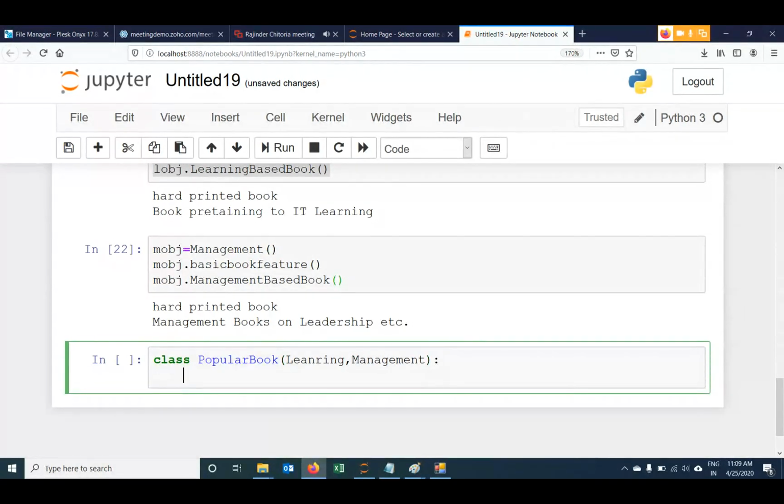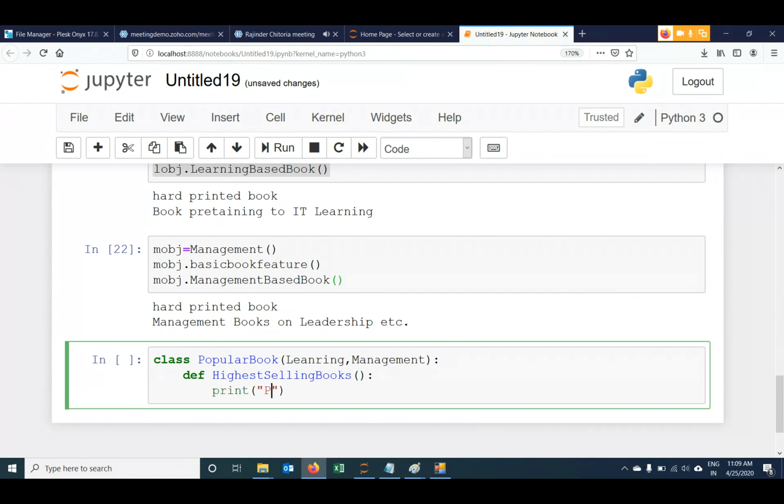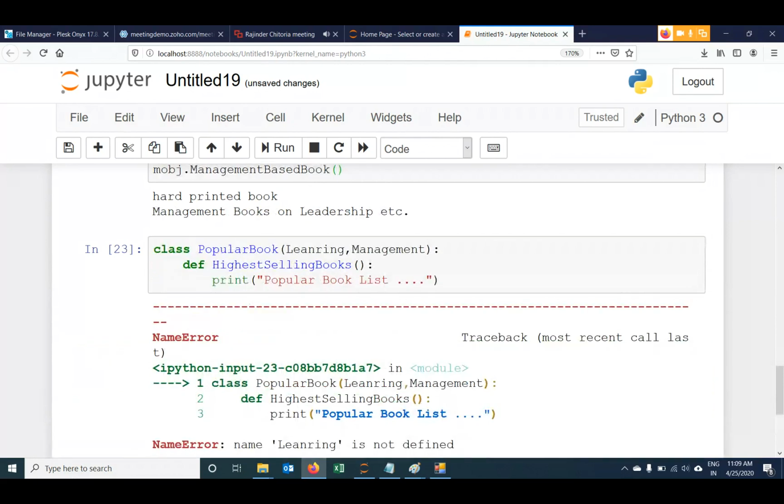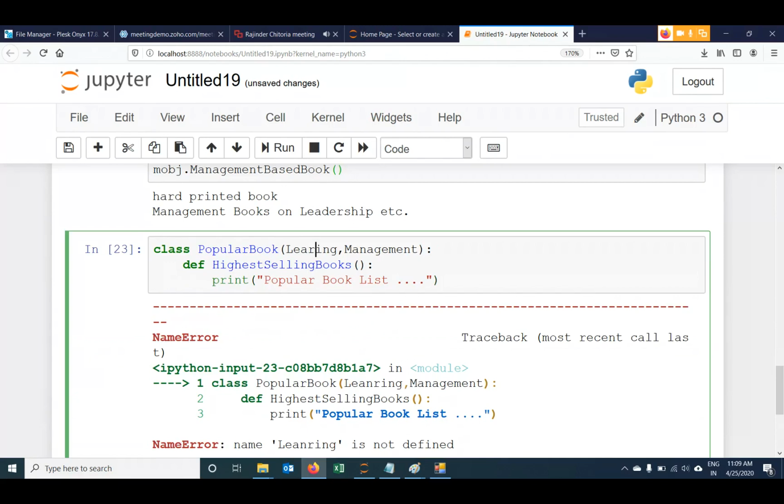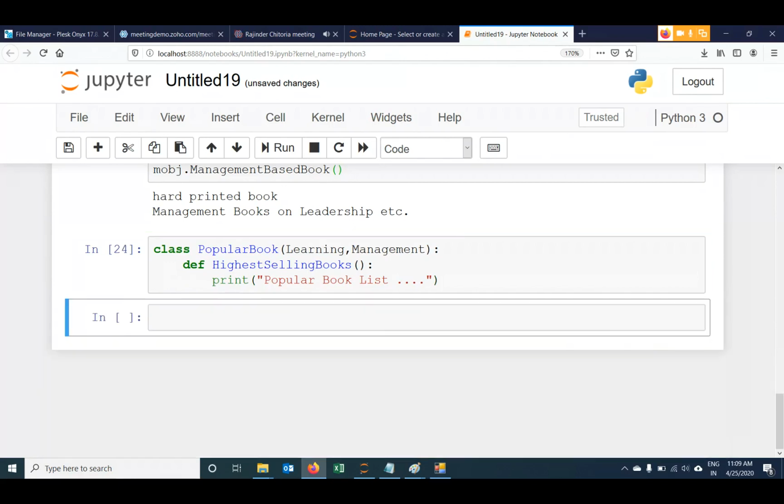You make sure you have the spelling correct. So I create one more function here, say highest selling books. Popular book list. Okay, I made a mistake. See. So if I create an instance of this class, say p obj,